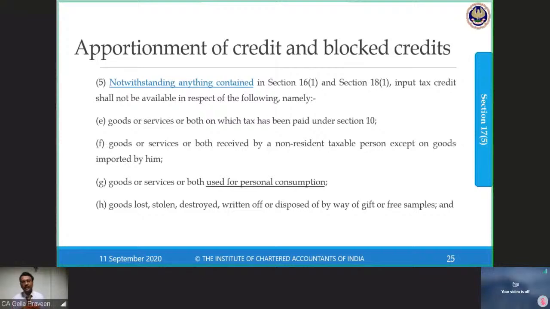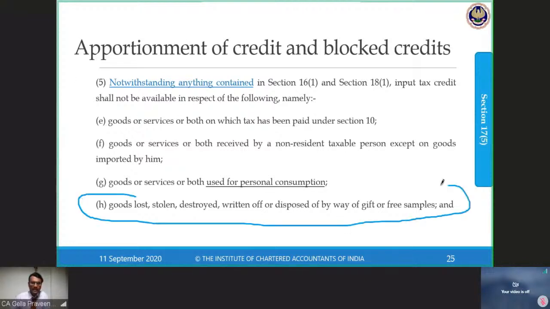Goods disposed of by way of gift or free sample. So anything which I have given as sample, which is given as gift, I cannot take ITC. Examination, you can expect many questions from this particular entry. I'll give one example. On 31st March